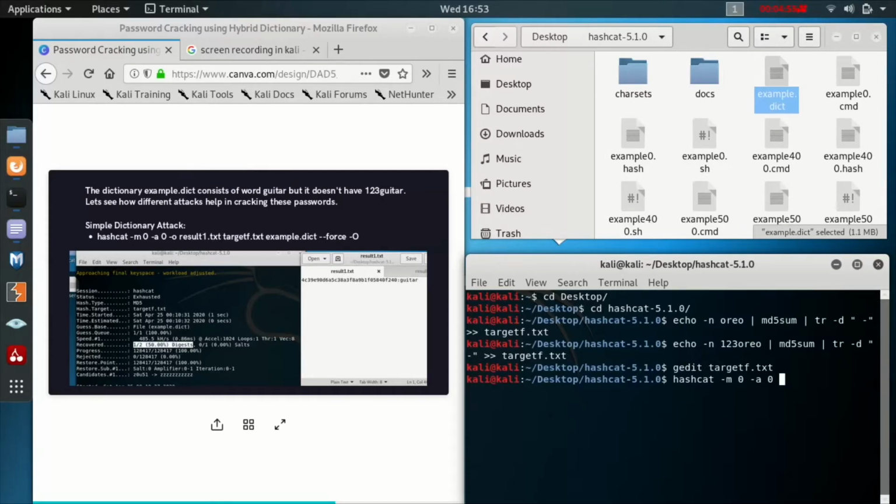Then we'll write this into a result file. We'll perform this attack on the target.f.txt file, and we'll use the example dictionary for reference.